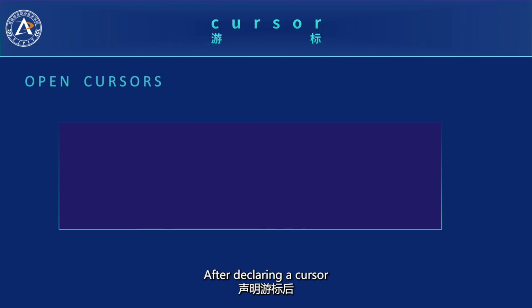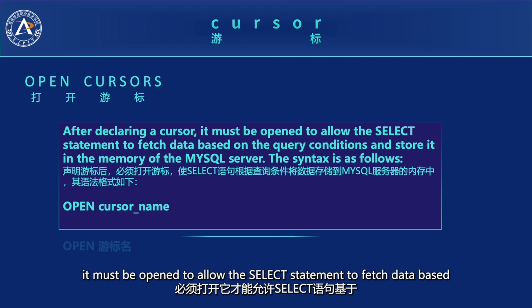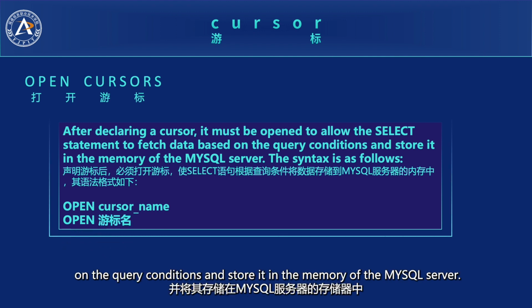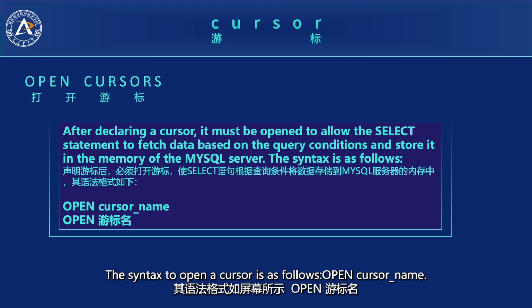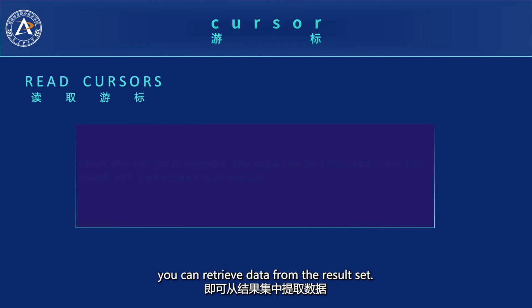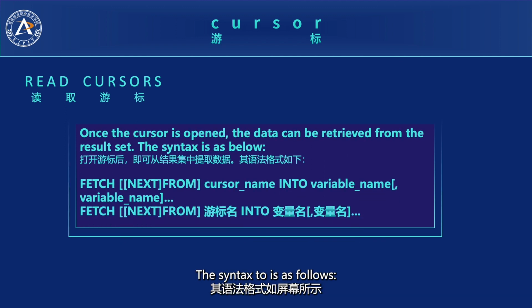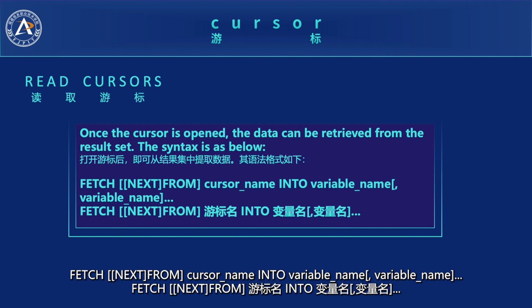After declaring a cursor, it must be opened to allow the select statement to fetch data based on the query conditions and store it in the memory of the MySQL server. The syntax to open a cursor is as follows: OPEN cursor_name. Once the cursor is opened, you can retrieve data from the result set. The syntax is as follows: FETCH NEXT FROM cursor_name INTO variable_name,